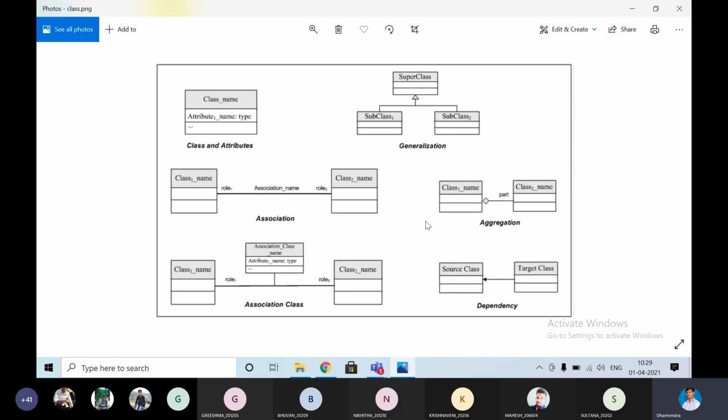So the class, here in the class diagram, will be used for the relationship among the components which are involved in the organization, whatever organization you take.